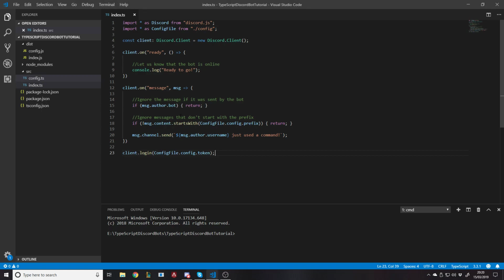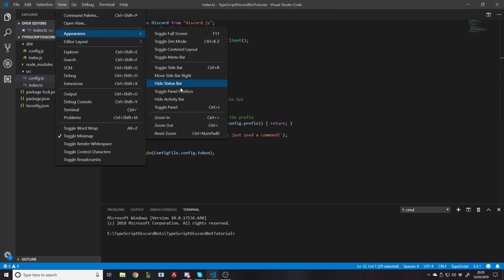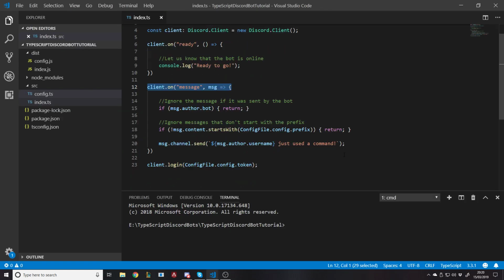So what we left off with last time is the bot joins the server and we can type something. It rejects our message if the bot sent it. We don't care about the command if the bot sent it. And we don't care about the command if it doesn't start with a prefix, because remember, this event gets called on any message at all. Let me just zoom in. Okay, so if the message was sent by the bot, we don't care, and if it doesn't start with the prefix, we don't care. And then I just wrote that there as a placeholder, but now we're going to actually